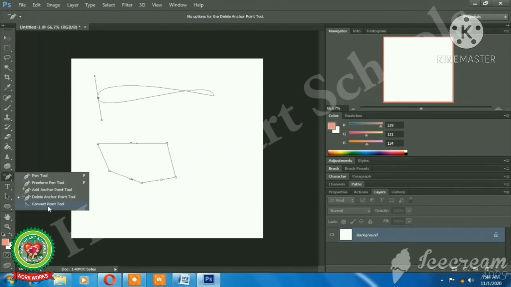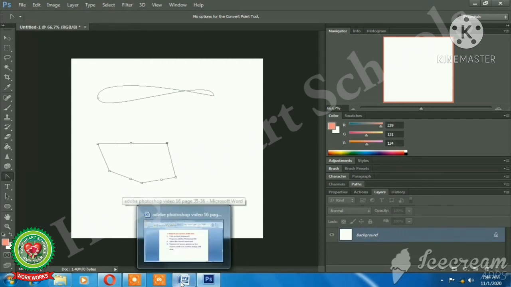I'll click over there and see the shape of my mouse pointer, and I'll click. That point is converted. Now see, it is filled. I click again, and that point is converted to an anchor point. In this way, as per our requirement, we can convert an anchor point with the help of the Convert Point tool.